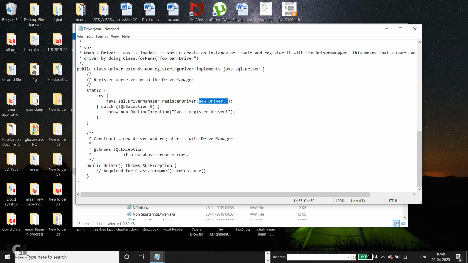So driver manager doesn't care which database is sitting in the background, and at runtime it gets a record of it after it gets loaded by Class.forName, and it keeps track of it by registering it with itself, and then it is going to use it.